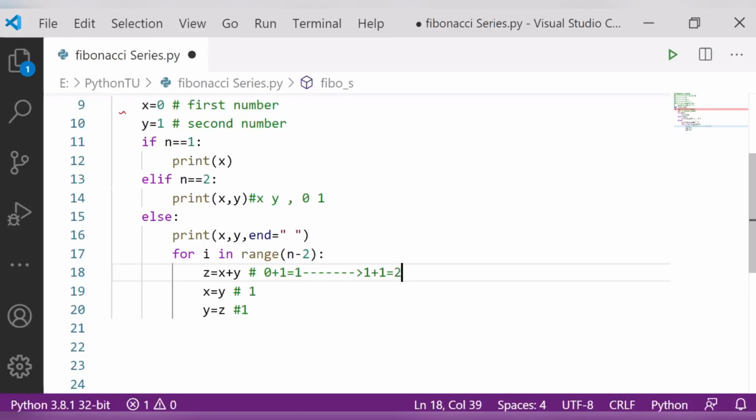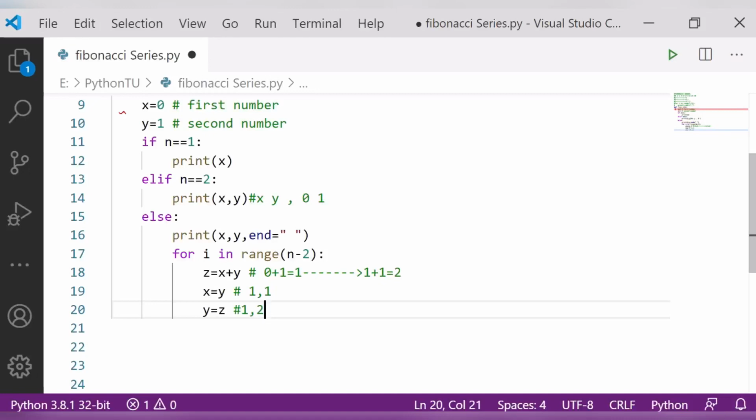So now look carefully at what is happening here. This is x, this is y. Okay, this is x and this is y. So what is the value becoming here? Can you tell me the value now? x is 1 and what is y? y is 2. This 2 value will be assigned to y. So here the next number is this one. Clear? I hope you are clear. The doubts are clear to you.